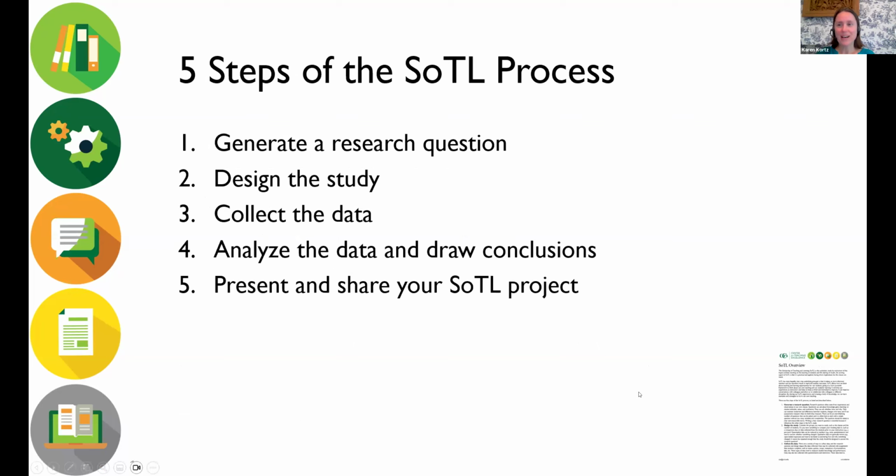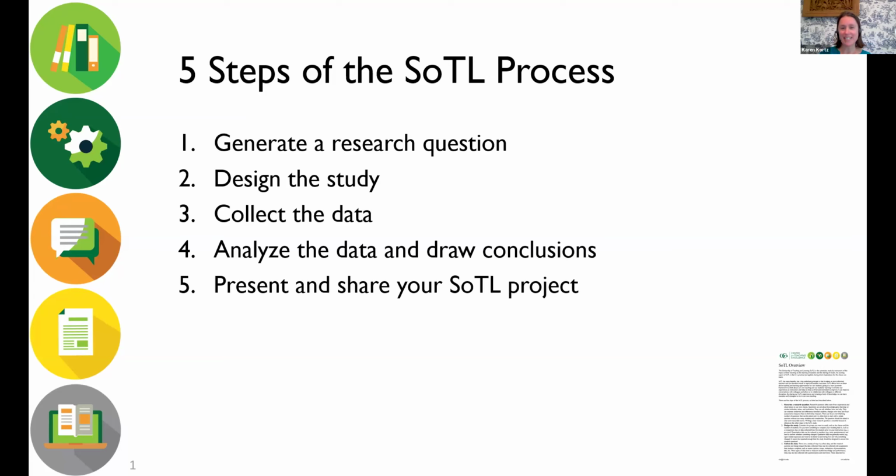All right. So again, we briefly went through the first two steps of the SOTL process: generating a research question, which is one of the hardest but probably the most important step, then designing the study and things to think about. In the workshop, we will spend a lot more time on those, giving you more feedback, with feedback from me and from other participants on the research question and designing the study. And then we'll also talk about how you collect the data?